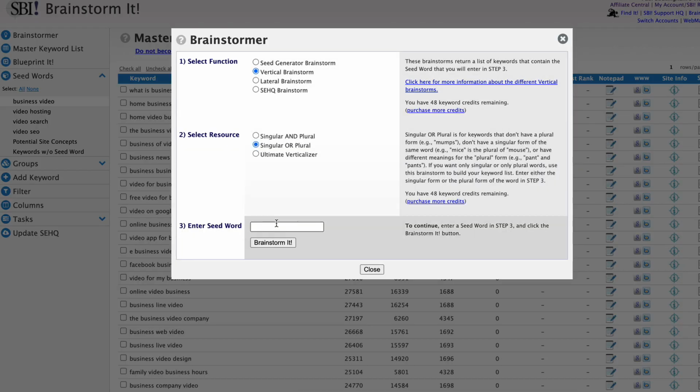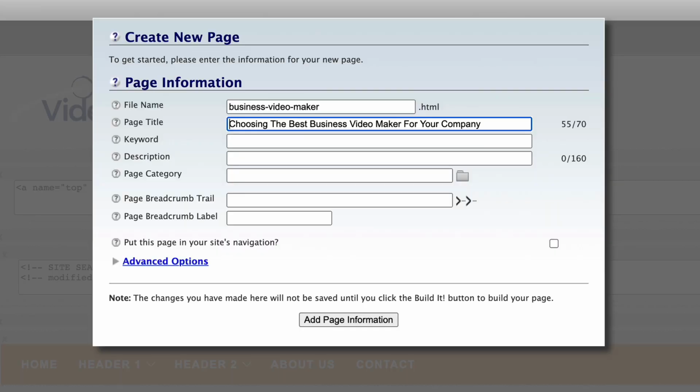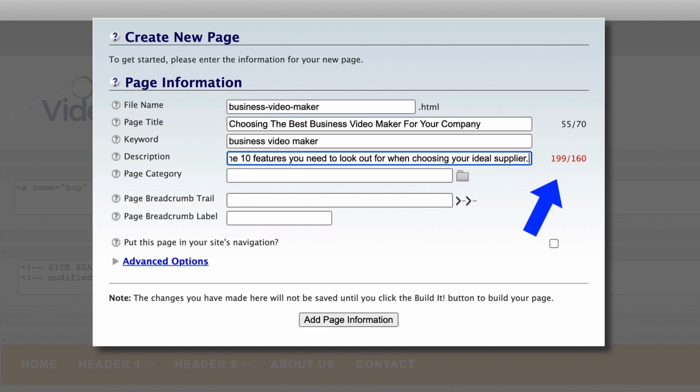This is completely different and far more relevant than the free services such as the Google AdWords tool that also exist. Next, I then add the title because every page needs a title. Then a description, which tells a potential visitor a bit more about the page. Here's a description that I prepared earlier. Note that the system automatically tells you if you have more than the recommended number of characters in your description. A quick edit and it's fixed.